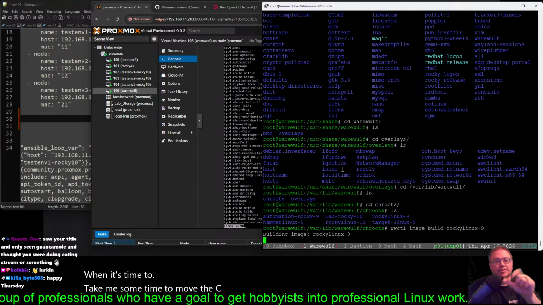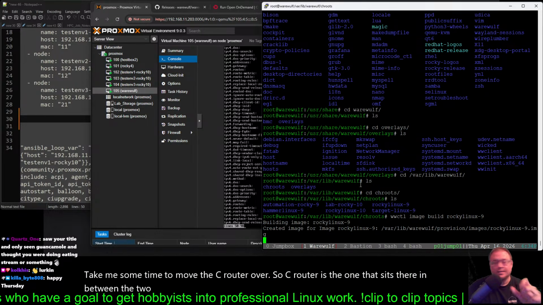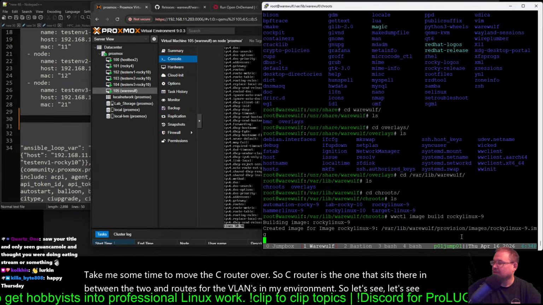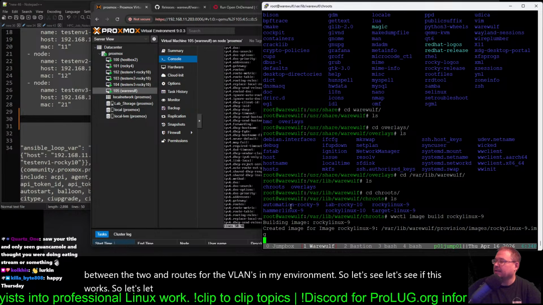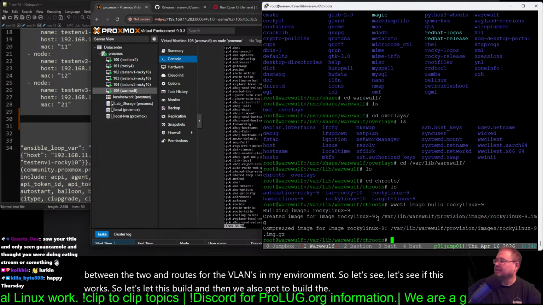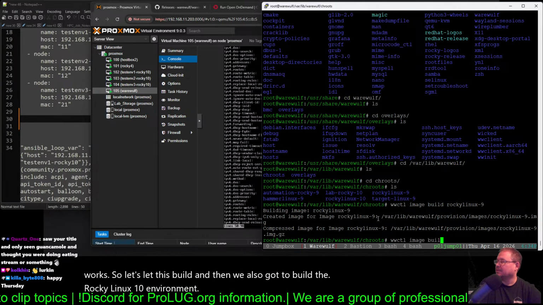So C router is the one that sits there in between the two and routes for the VLANs in my environment. So let's see if this works. Let's let this build, and then we also got to build the Rocky Linux 10 environment, because let's go check